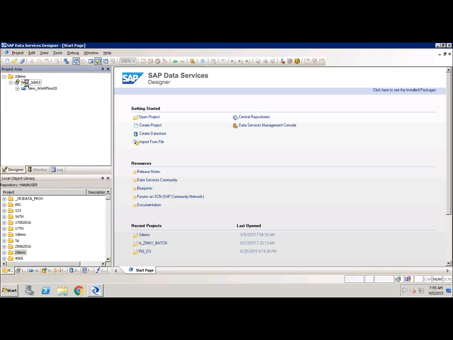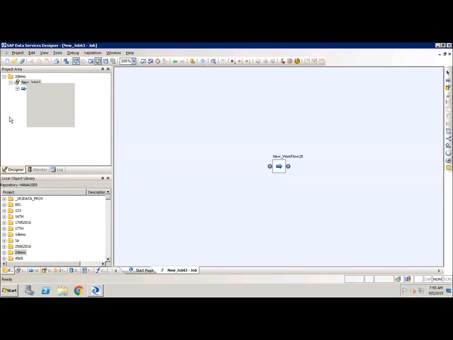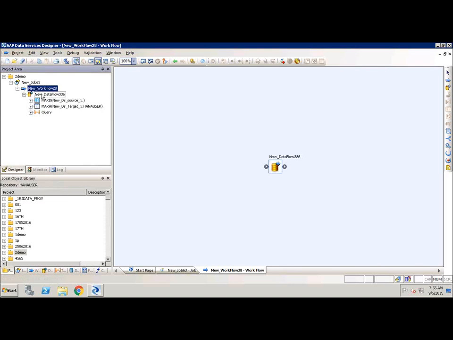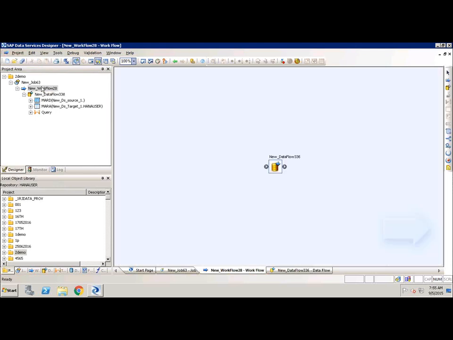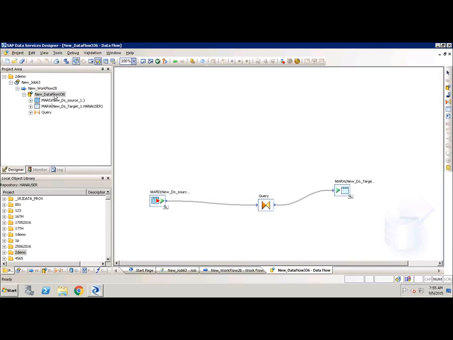Well, underlying the job, the next object in the hierarchy is going to be the workflow. Under the workflow, we have another object in the hierarchy called data flows, where workflow is basically for applying the logic of execution or execution planning, whereas data flow is the actual holder of your ETL flow